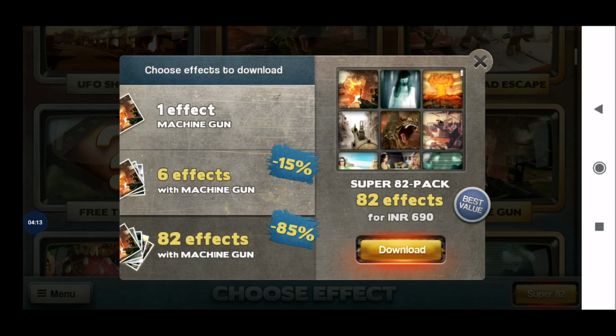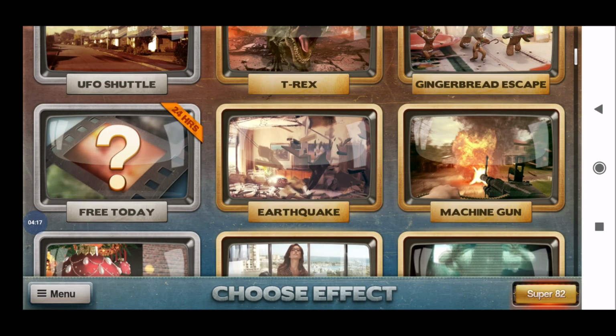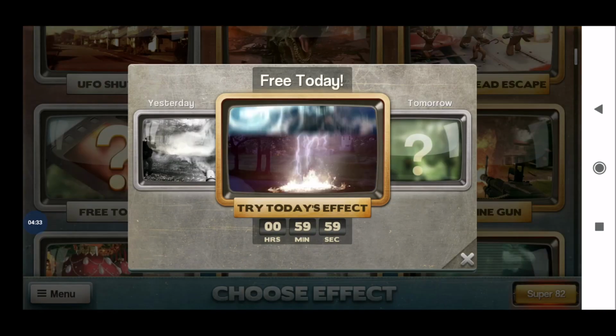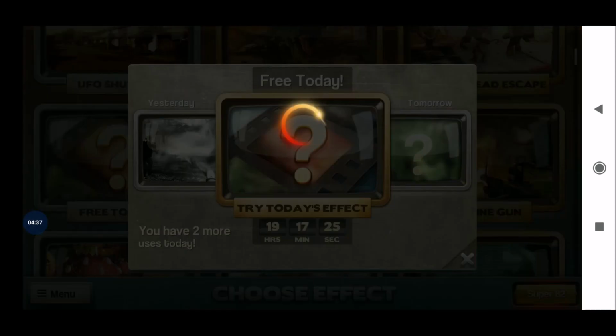I would like to continue with the trial version. So just click Free Today. I am telling again, in the free version we can use the option 3 times. We can take the video 3 times. Already I have used one animation. So just click here, then click on the window in the central area.